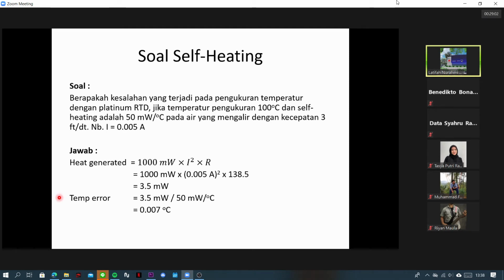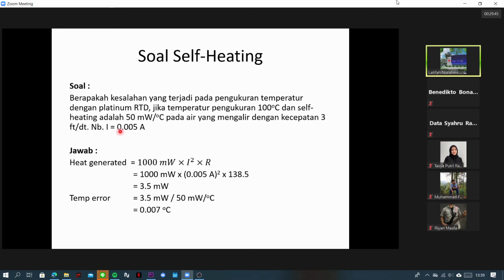Another example of self-heating error. What is the error in the temperature measurement by using a platinum RTD? If the temperature is 100 degrees Celsius and self-heating is about 50 milliwatt per degree Celsius in the water. So we measure water by using a platinum RTD, and this water is flowing with some flow debit. Okay, and the current is about